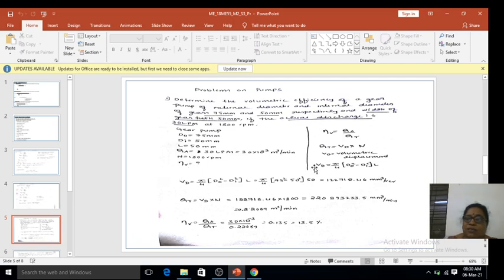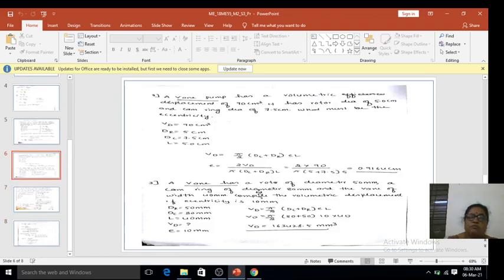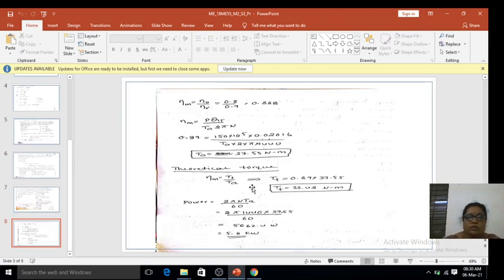So we have to calculate the volumetric efficiency, that is QA by QT, so that can be calculated by substituting the values. Before that you have to calculate the QT, that is the volumetric displacement Vd into N. Vd we have to calculate, that is pi by 4 into DO square minus DI square whole square. Similarly, another problem is based on the vane pump, you can observe here, and one more problem. Some of the problems we have worked out here.